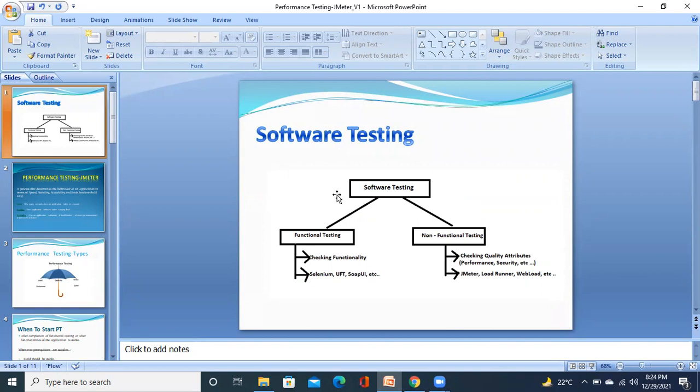Functional testing is nothing but checking the functionality of the system. Here, functionality means that in an application there are so many modules. Each module may contain so many buttons, radio buttons, checkboxes, images, icons, headers, footers, like that.